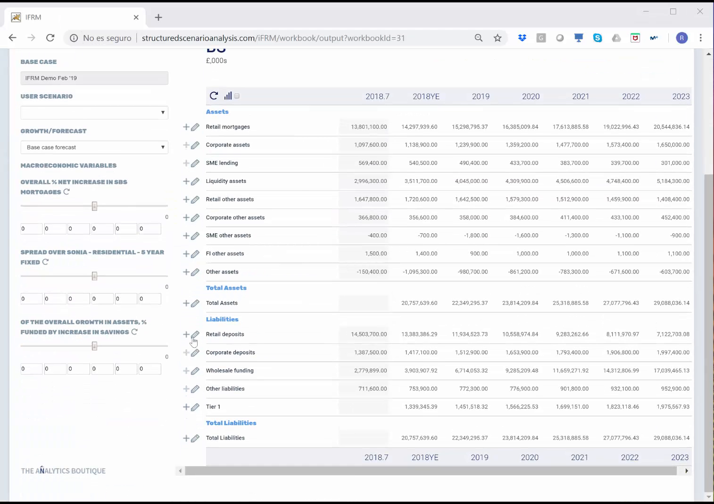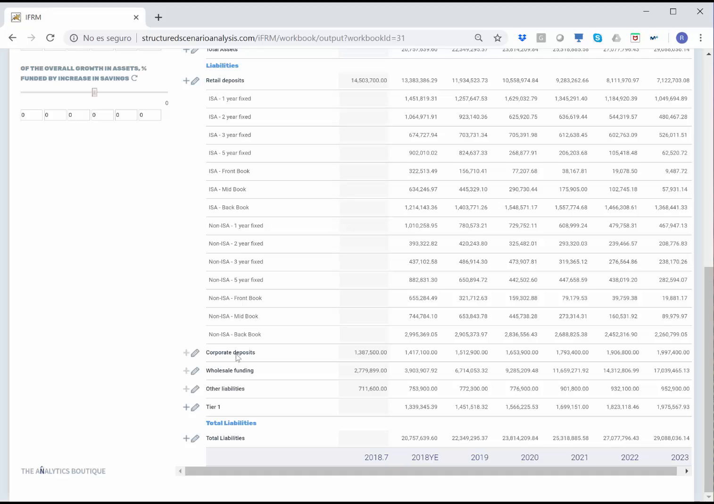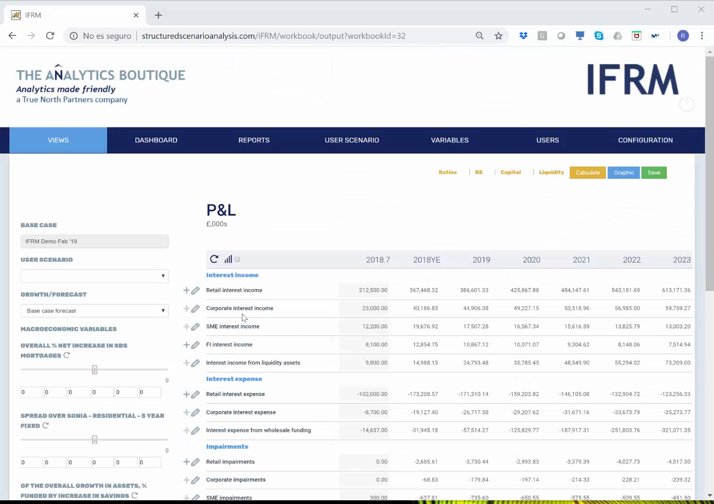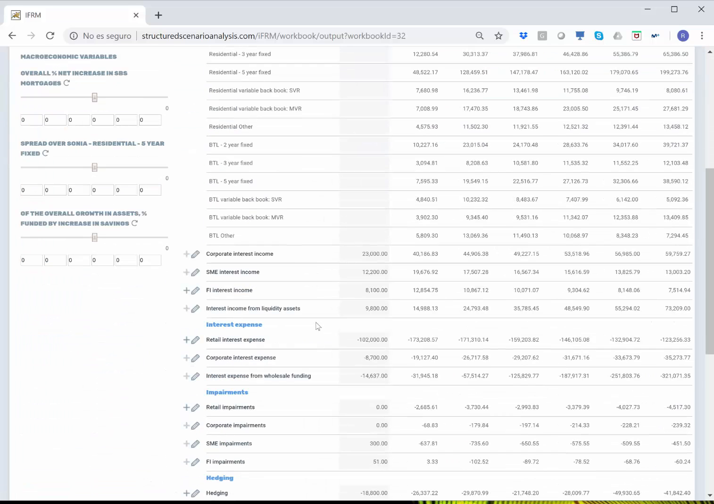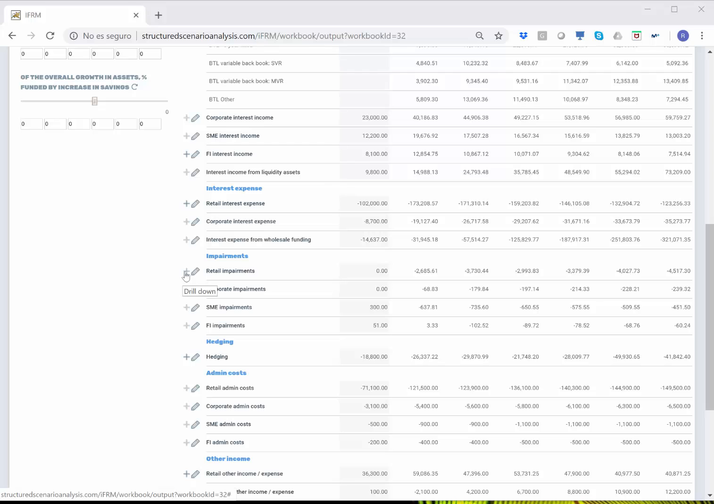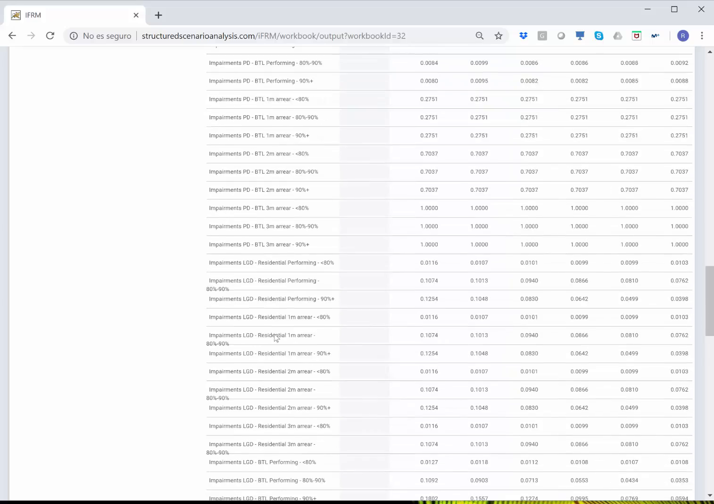Liabilities are also projected. If we open here, we have the detail on retail deposits with all the different products and different segments that we have. In addition, we have all the corporate deposits, wholesale funding, all the liabilities, etc. In addition, it provides the P&L in perfect consistency with the balance sheet with all the different components and the analysis of the impairments with the same granularity as required for